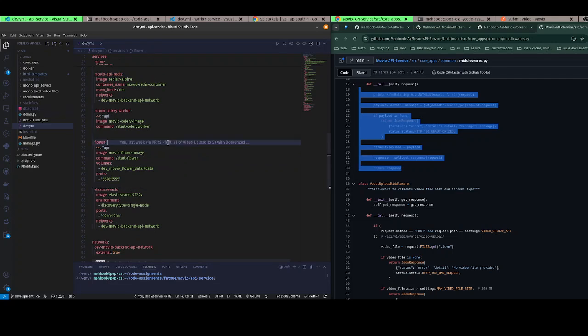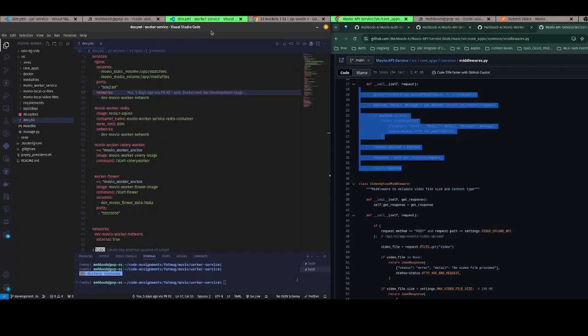If I tell you again, the API service takes a video file and some information. It uploads the video to the S3 bucket and creates an MQ event, and that event is listened to by the worker service. The worker service again activates the Celery pipeline and does its job to process the video. It downloads the video, deletes the video from the S3 bucket, and extracts the